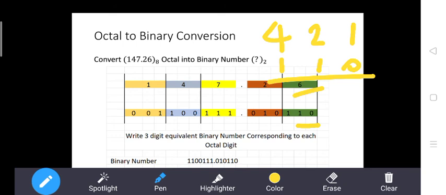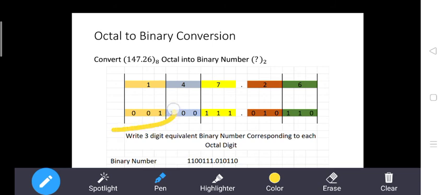Okay. If you observe MSB side, MSB contain two consecutive zeros. If MSB contain two consecutive zeros, then we can remove these two consecutive zeros, only if MSB is 0. So my MSB position is this. This is 0. Next is also 0. So we can remove these both zeros.